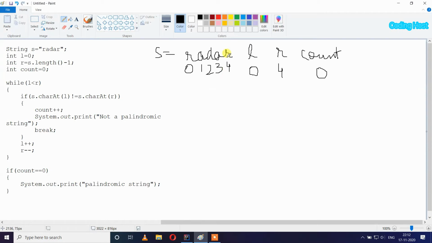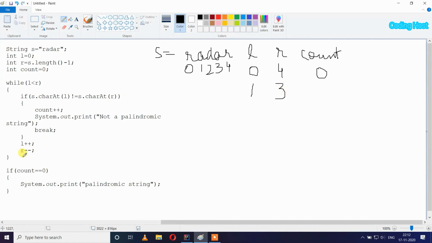So r is 4 and here the character is also r. Both characters are equal, r equal to r, so our condition is false and this statement from here will not execute, and after that l++, so l will become 1 and r--, so r will become 3.